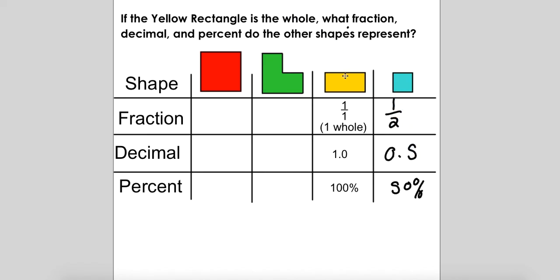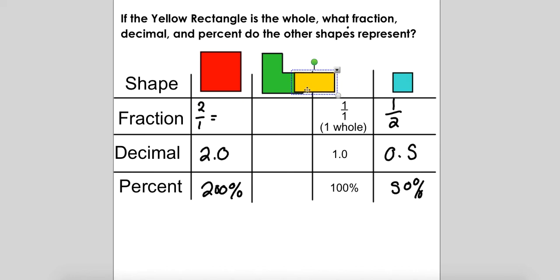Now you can see that 2 of these yellows can fit into the red shape. So really, instead of this red shape being 100% as it was last time, it's actually twice as big. So it's 200% of our yellow shape. That decimal would be 2.0. And you could say that this fraction is 2 over 1, or really it's just 2 if you simplified it. And then this green shape,